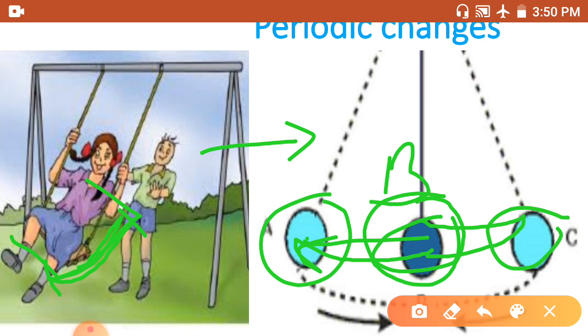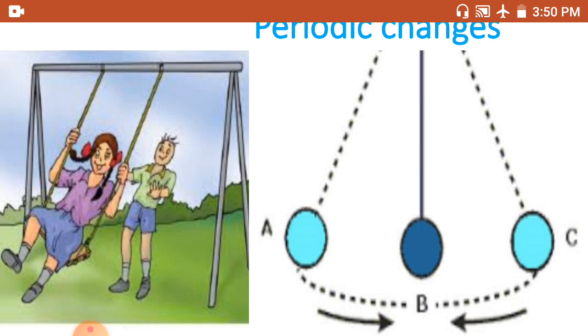It takes a regular time, and this is an example of periodic changes. It means after a period it will change its position from here to here and there to there. After some time, the bob changes its place, but after a regular interval. Understood? Now we will see more examples of